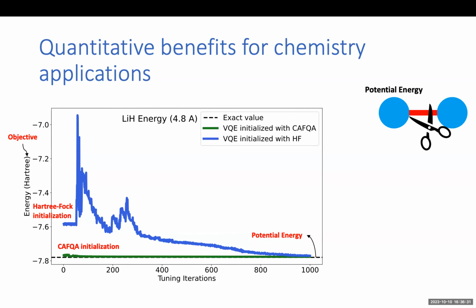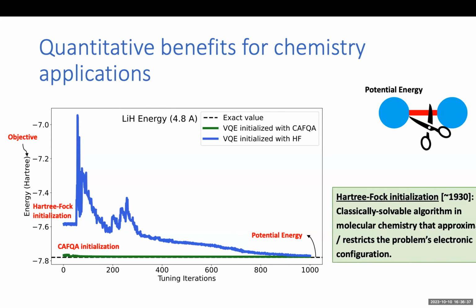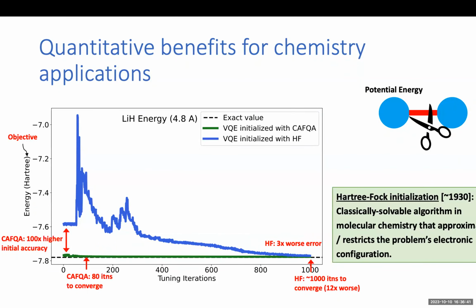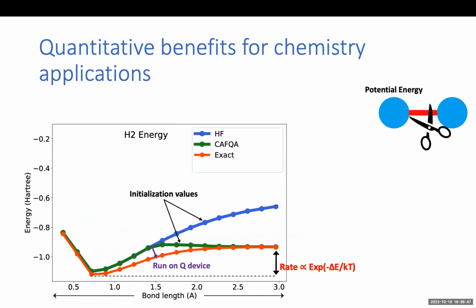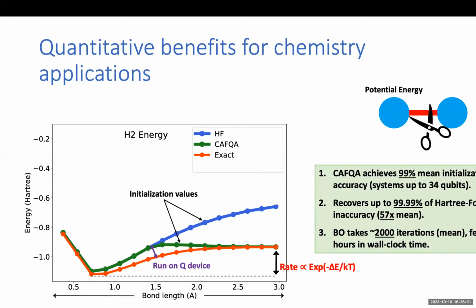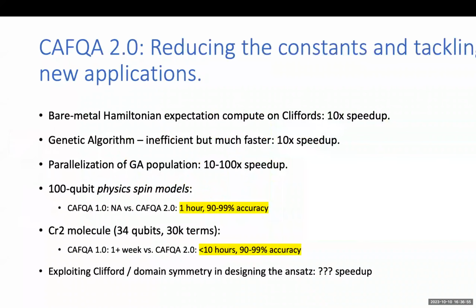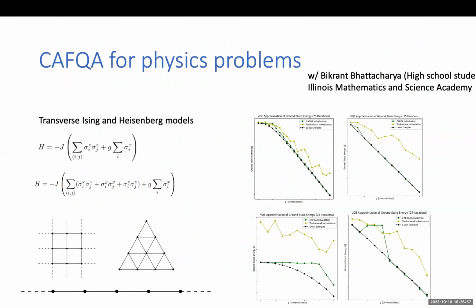Okay, so it's not perfect because there is some quantumness to this problem, but you can see that in just like 80 iterations or so, it is able to converge, which is great. And that's for this 100x higher accuracy to begin with, and also very fast convergence. And we observe this for a bunch of problems. I'm happy to talk about more in the chemistry space, and also work from the physics space and a bunch of other domains as well.